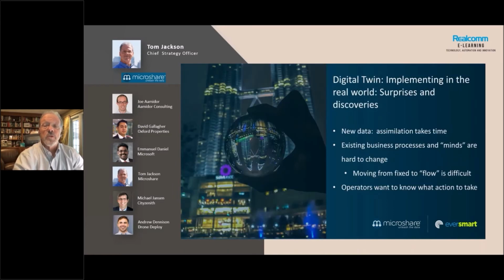So what have some of the surprises and discoveries been? Well, getting and understanding new data, assimilation takes time. We are not talking about making this information available to data analysts. We're talking about making it available to operators and people who have to take action. And those people have a job to do every day, and being able to take action specifically is very helpful